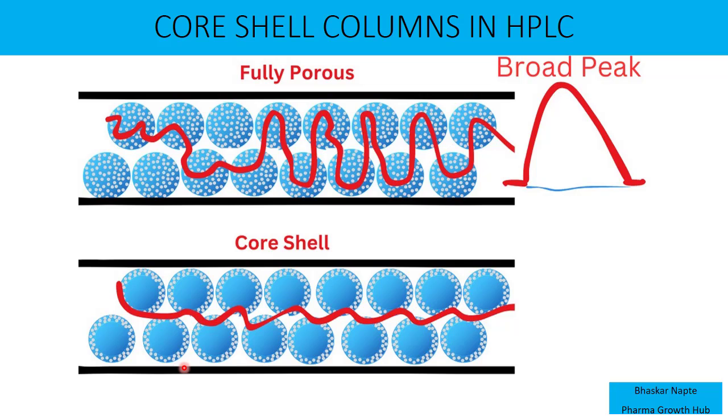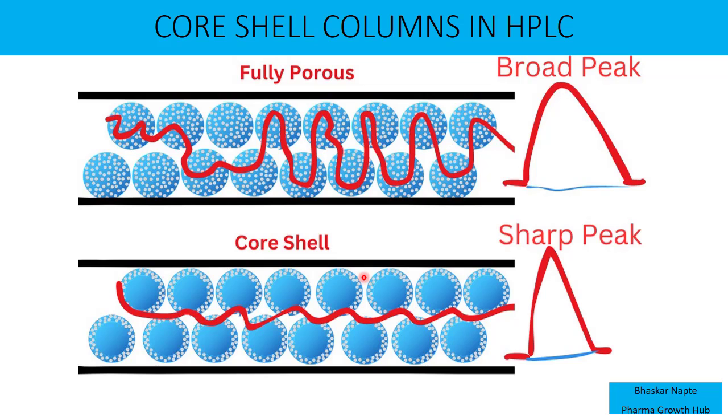So the analyte will not be able to penetrate through the entire core of the particle. Because of that, it will travel less distance as compared to the fully porous particle column. As it travels less distance, the diffusion is going to get minimized, and the peak width at the base is going to get minimized. Out of that, you can expect a sharper peak as compared to the fully porous particle. So this is a very important principle because of which you expect the sharper peak in the core shell particle